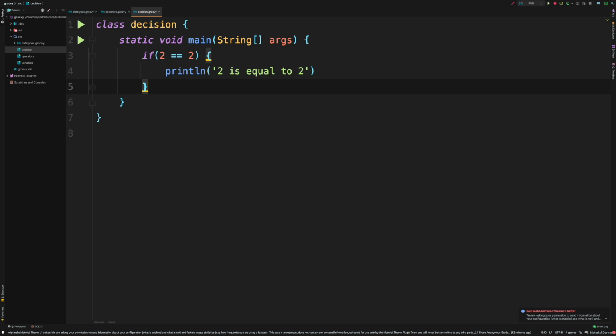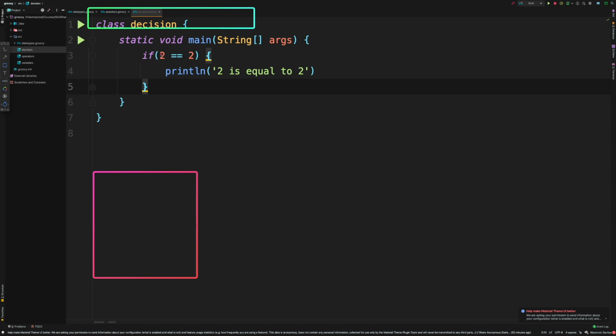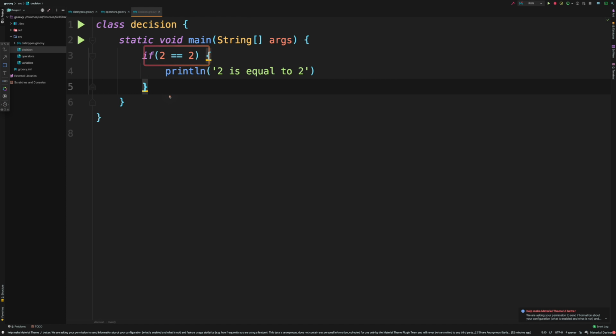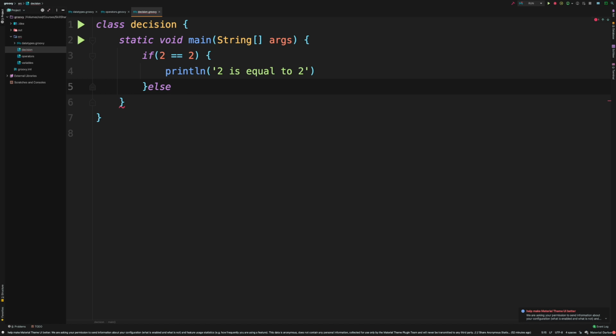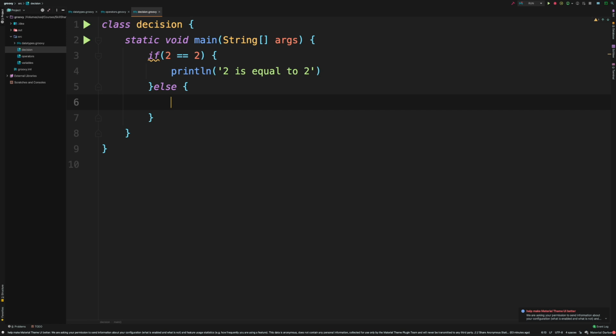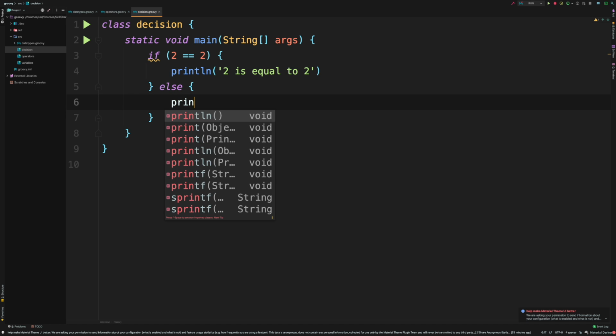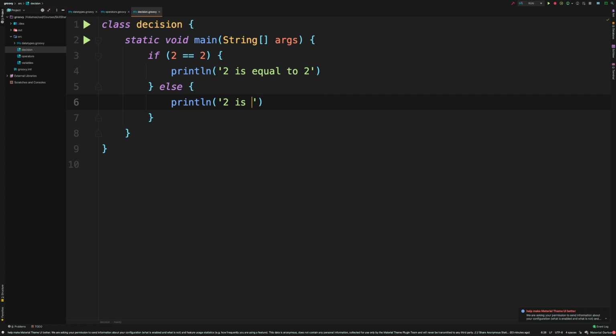Otherwise, I want to do something else. I want to check for this condition, and if the condition is not valid, then I want to run some other code, right? So what I will do there is use the else keyword and then add curly braces. Let me indent it properly. And then here I will just do a println and say 2 is not equal to 2.